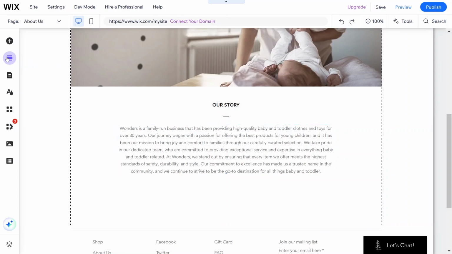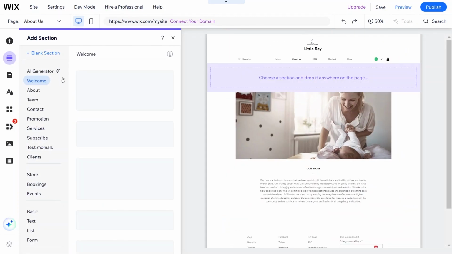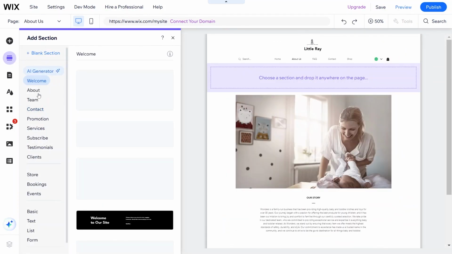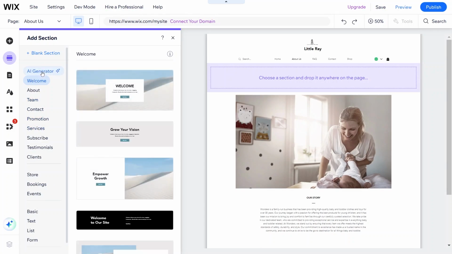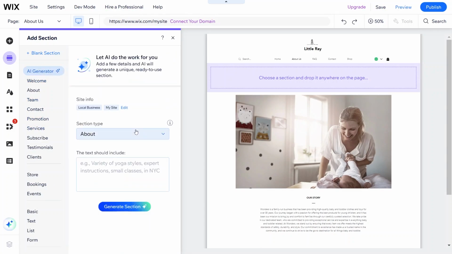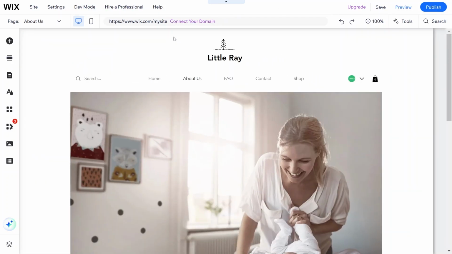If I want to add sections, that's just this button here, and I can add new sections, blank sections, pre-designed sections. I can also use the AI generator, and we can tell the AI what kind of section to use. There's a lot that you can do with the Editor X, and again, it can make it really simple to